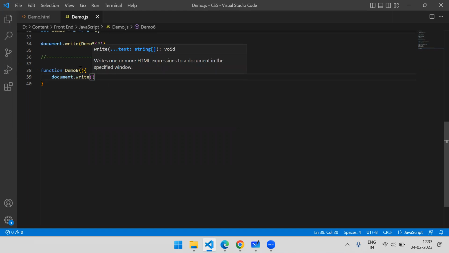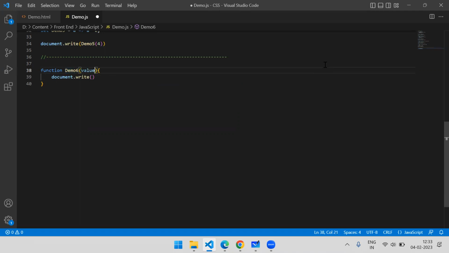Let's say it is going to write some kind of value. I don't know what the value is. I have created value as a parameter, and that parameter will be written on the HTML body by using the document.write method. So this function is going to give me the output. But what is the value of the function? And we don't know the value. So what I will do,